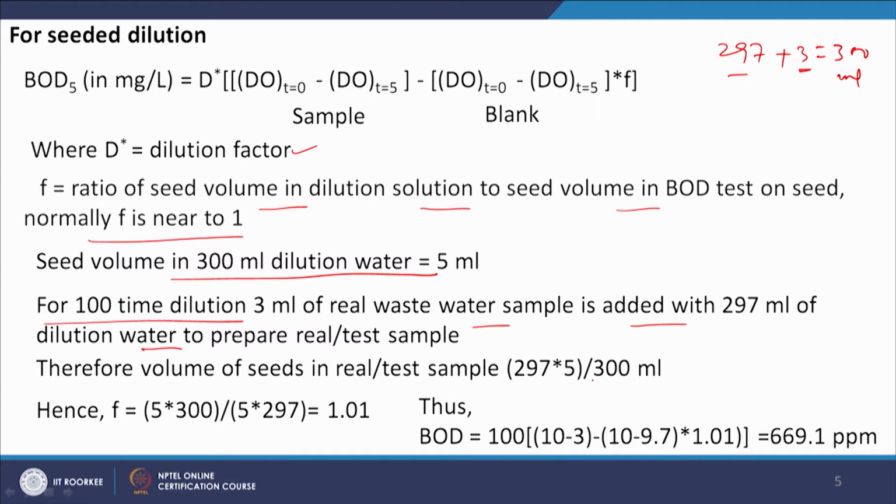5 divided by 300 into 297, because in 300 ml of dilution water we have 5 ml of seed volume. So, 297 ml will contain 5 divided by 300 into 297 ml of seed volume. Therefore, we are getting here F equal to 5, which is available in the